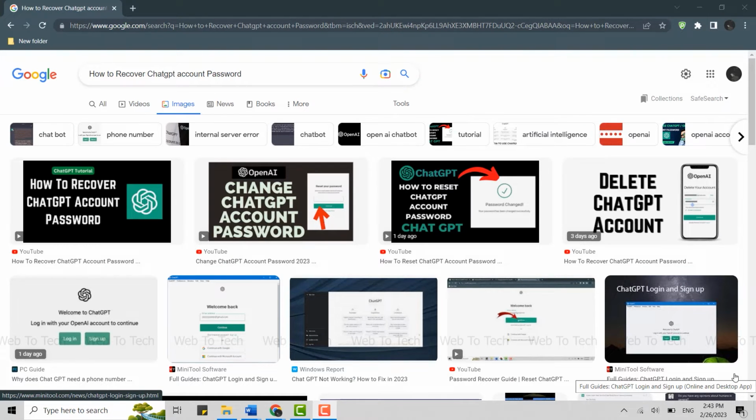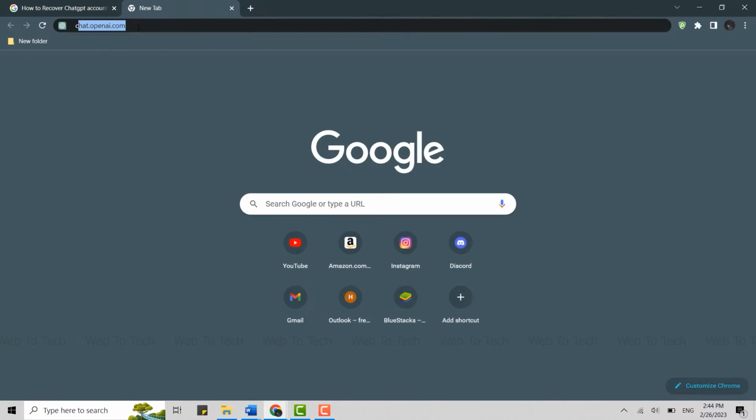Today for this video of WebToTech, I will be showing you how you can recover ChatGPT account password. Now to do that, what you need to do is open a Google browser in your PC and then click open new tab. There on the search bar you type in